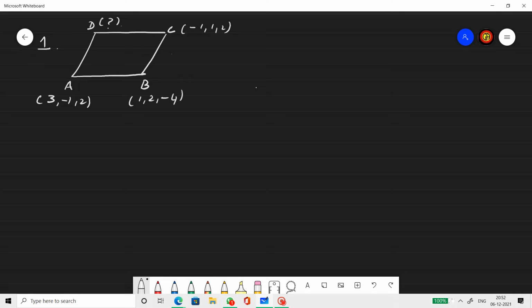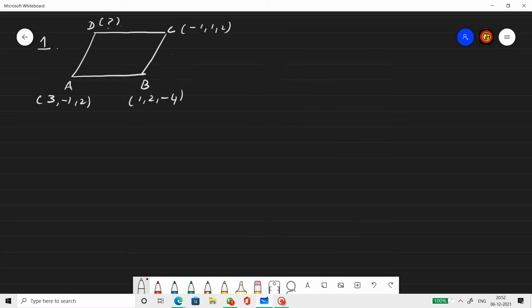Now I'll tell you one thing. When we name the vertices in the diagram, please name them either in the clockwise order like this or in the anti-clockwise order like this. Do not do it as A, B, C, D this way, you won't get any answer. So remember, if you're drawing the diagram, better name the vertices in clockwise or anti-clockwise order. That is a very important point that you need to keep in mind while taking up these questions.